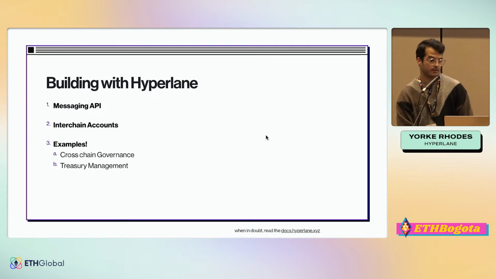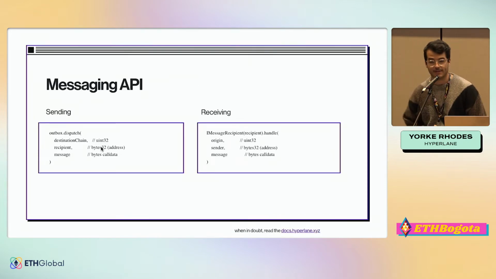So this is a little bit out of date, but we're going to talk briefly about the lowest level primitive that Hyperlane exposes to you, which is the messaging API. And then we're going to talk about interchain accounts. And then I deployed interchain queries today, so we're going to talk about that too instead of the other examples here. So the messaging API,